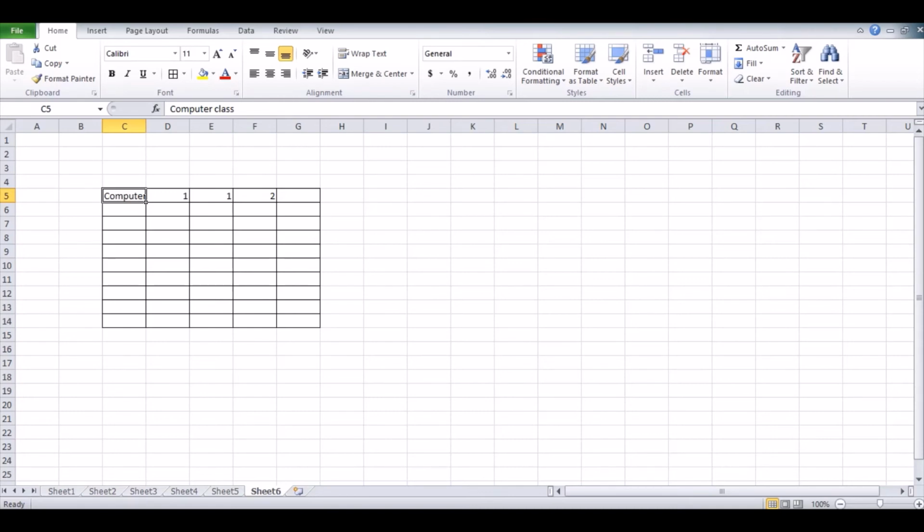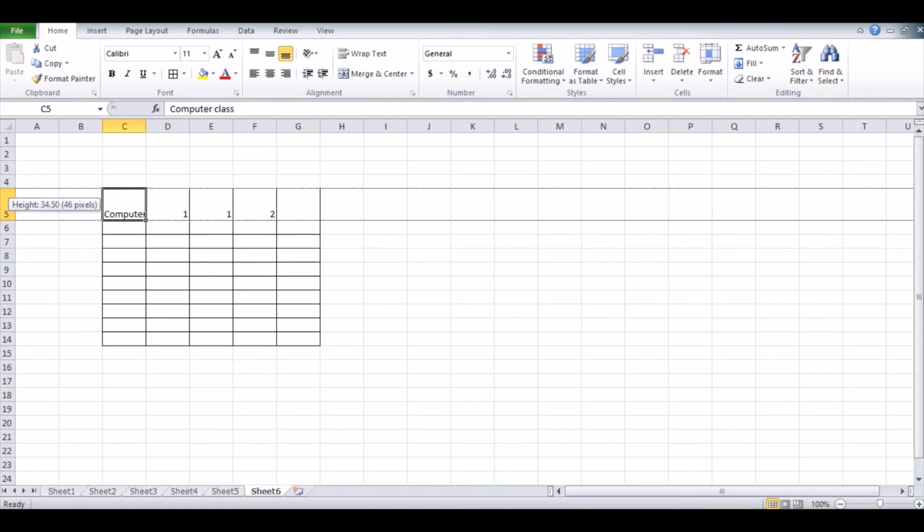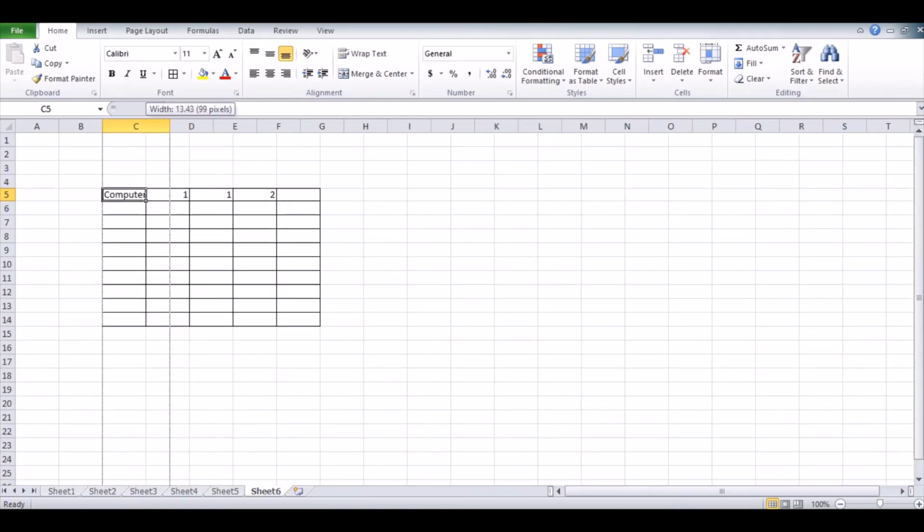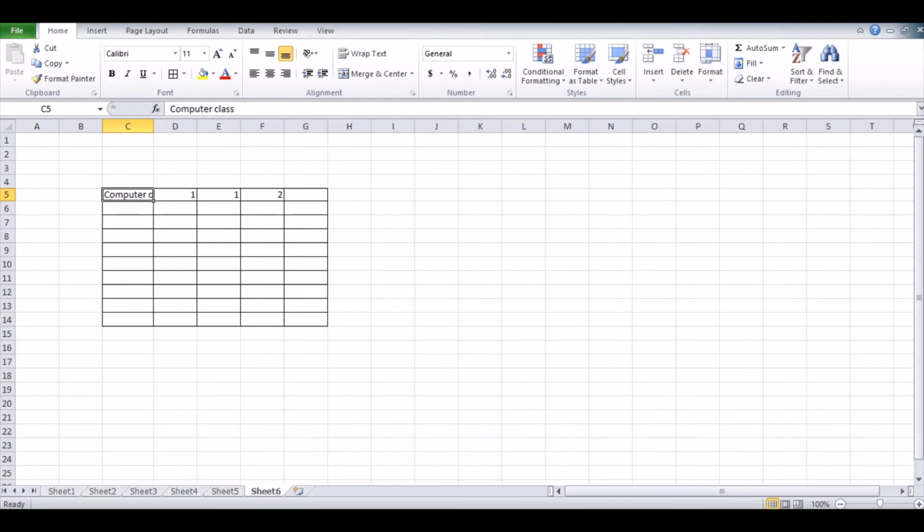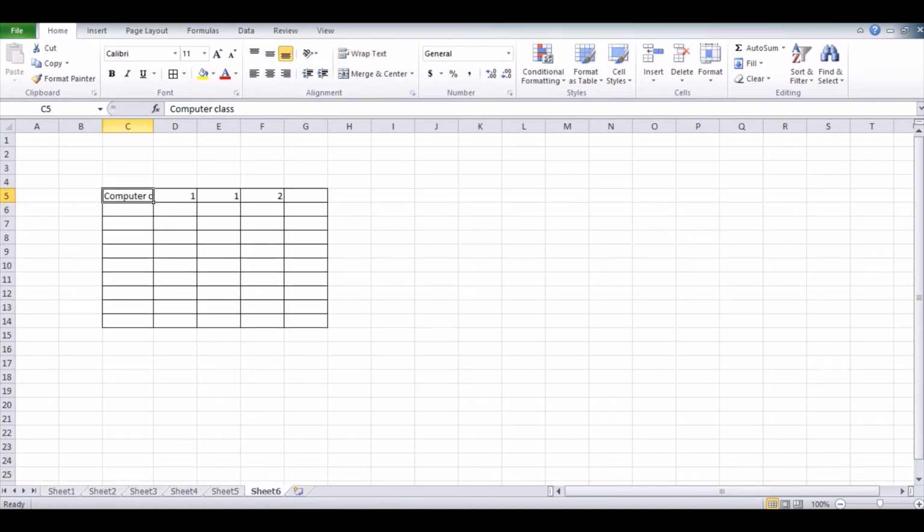What you can do is drag your cell from here to here, or if you want to have the same size, use Wrap Text. When you click on Wrap Text, it will automatically show the cell contents and enlarge the cell size.